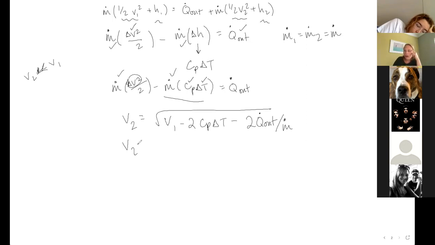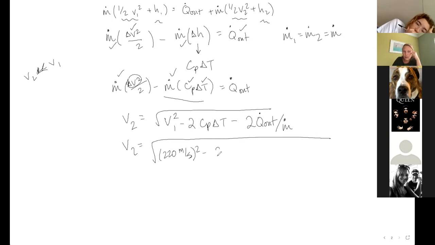So we have the square root of 220. Sorry, this is squared, right? These are squared. Okay, so 220 meters per second